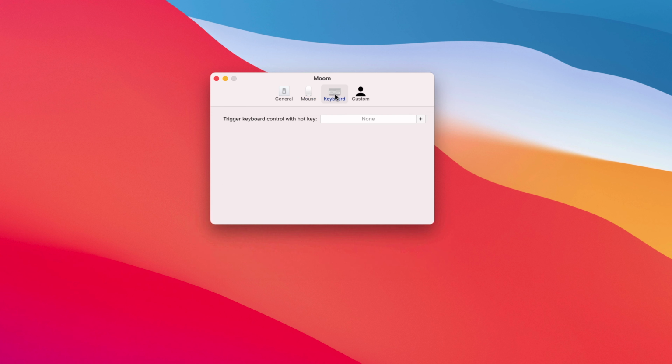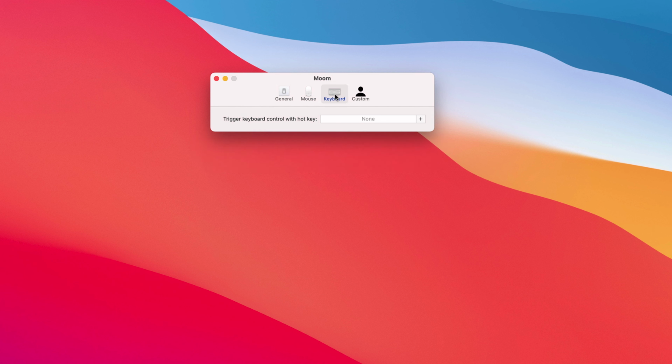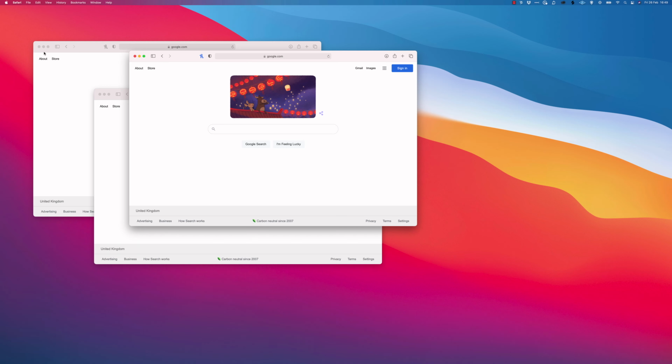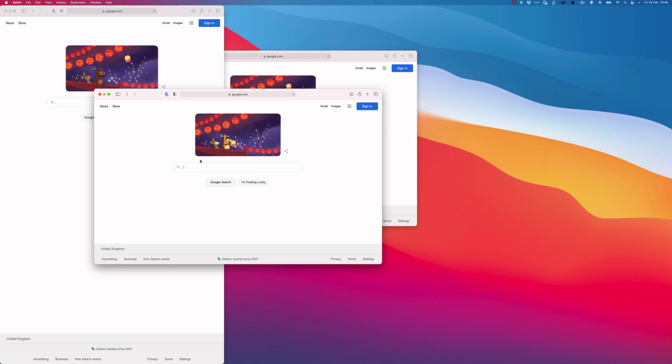And finally, if you're a fan of hotkeys, you're covered too. Just choose Keyboard here in the Preferences section, input your preferred hotkey, and choose what you'd like it to do. I honestly don't know why functionality like this isn't baked into macOS. It's such a helpful tool for using your Mac on larger screens.